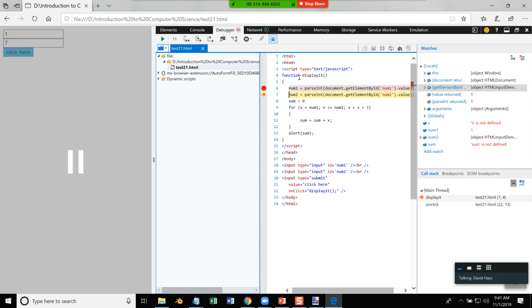This step into runs that line of code, goes to the next one. This step over does not run that line of code. It just goes to the next one. I don't think I've ever used that in my entire life. I'm not sure why you'd want to use it. And I don't even know what step out is. Okay, and what is this one? F11. Okay, so if I keep doing it,